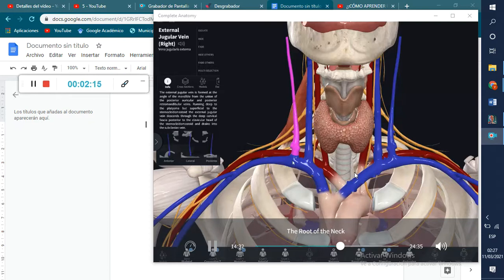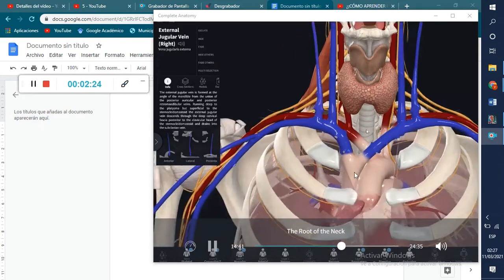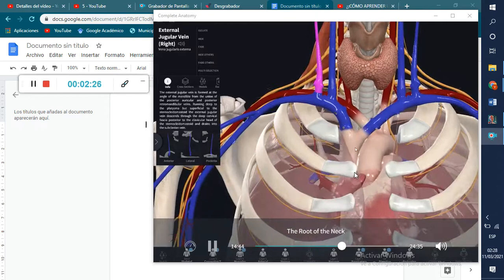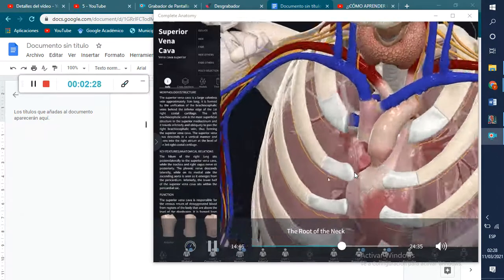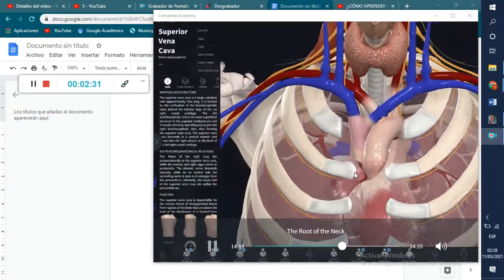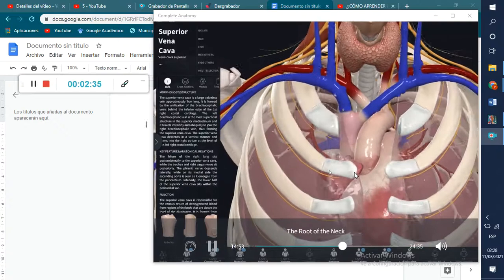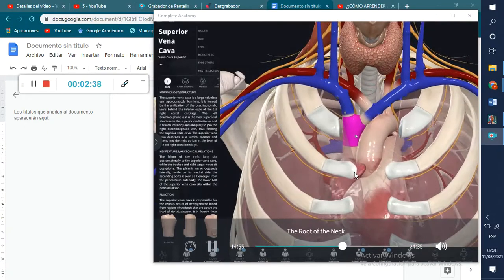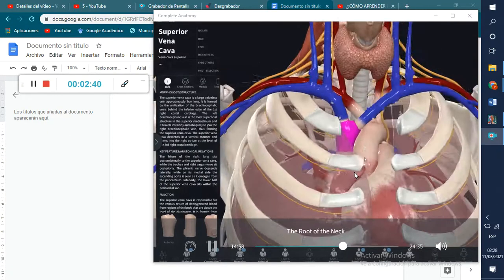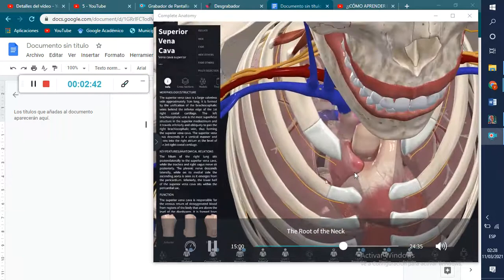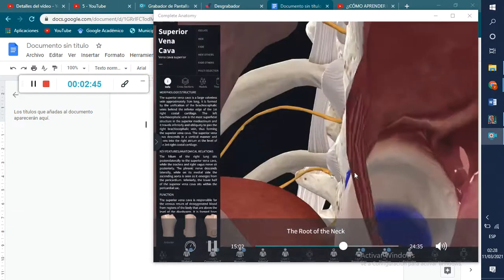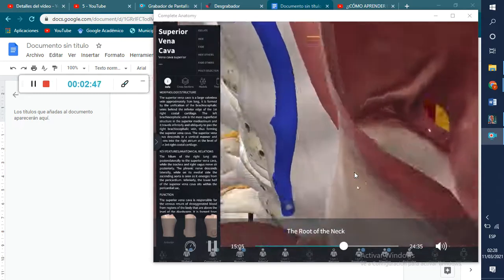subclavian vein. Okay, there's also sometimes an additional vein called the anterior jugular vein that's variable. It would also terminate in the root of the neck. If we look a little bit further down here, I always find that it's quite interesting to facilitate our view. I've actually made parts of the sternum and some of the cartilaginous parts and connective tissue of the sternoclavicular joints invisible. And now we can see up here is the superior vena cava. On the other side, all the way down here. Also entering the right atrium is going to be the inferior vena cava if we go all the way through